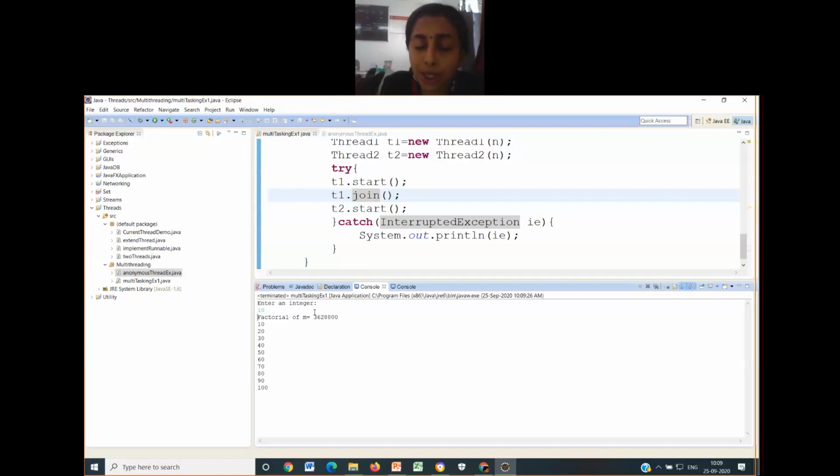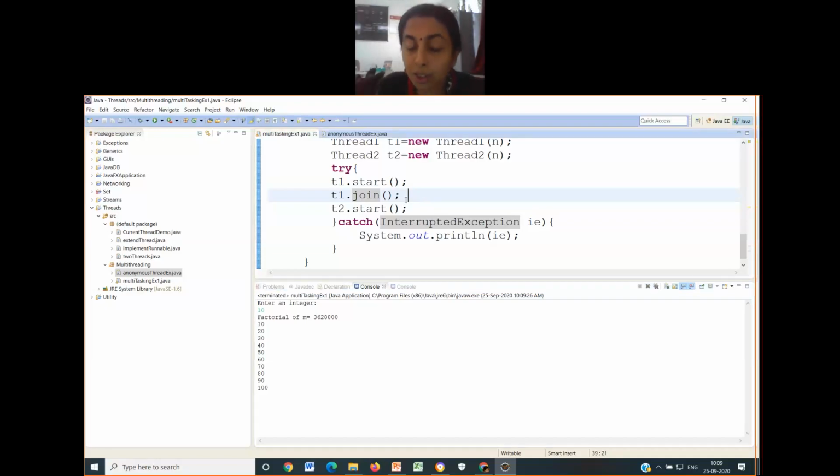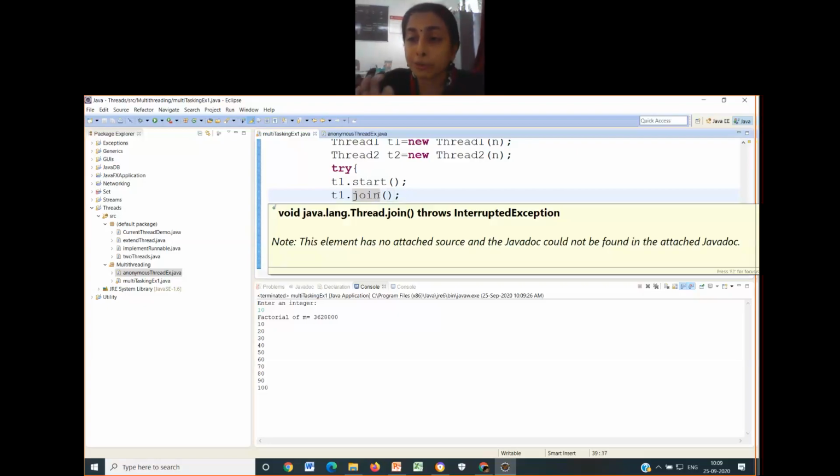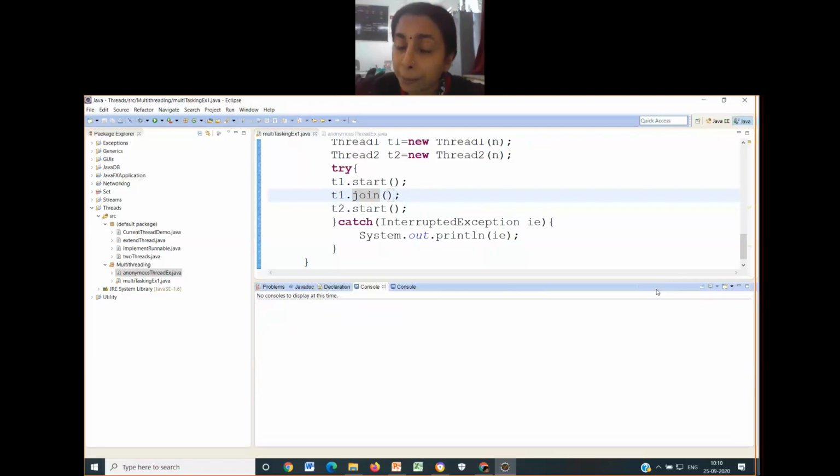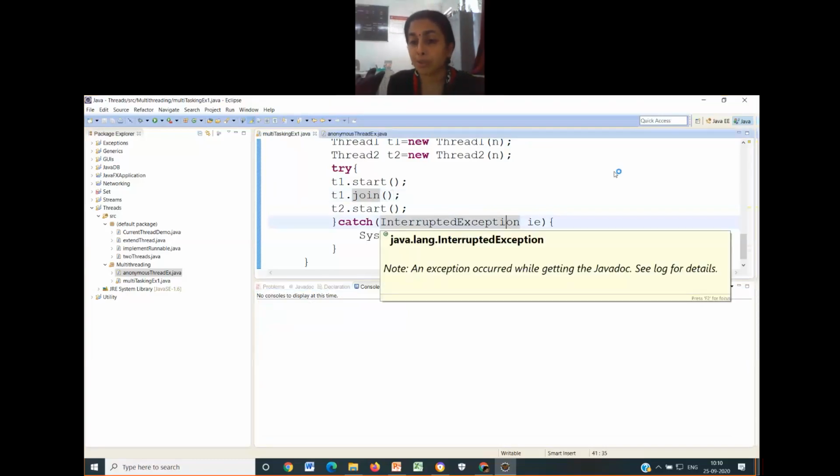However many times you run it, it will do the same thing because there is explicit synchronization mentioned. What is this explicit synchronization? Without using any other synchronization methods available in Java, we have the simplest method of synchronizing, which is called the join method. There are disadvantages of the join method, which I will discuss in the next class when I take thread synchronization. But now what I have done is start that thread and made it join. This makes sure that until T1 completes its task, T2 cannot interrupt.